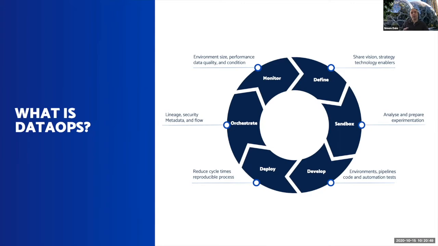With DataOps, failing fast is a really good thing. If the data doesn't support the hypotheses that you want to find, then as soon as you know, that's the right time to kill the experiment and look at the next one. But once the experimentation has shown that there is business value, then it moves into the development and deployment of that. And this is where the robust software engineering principles come in.